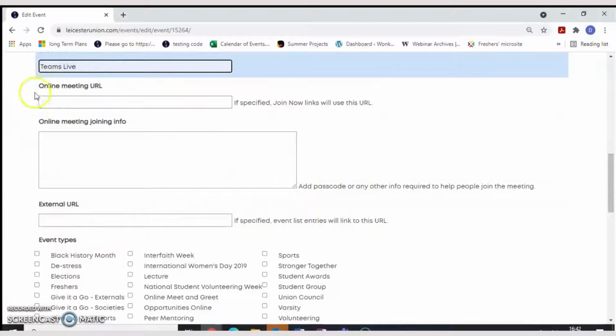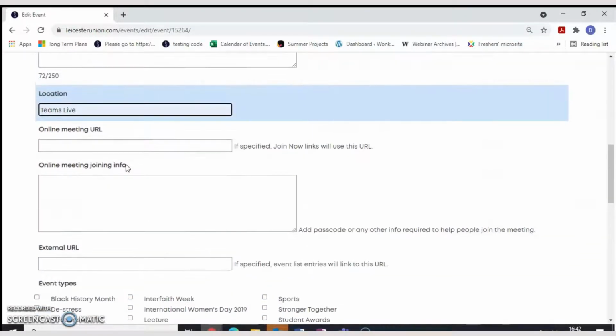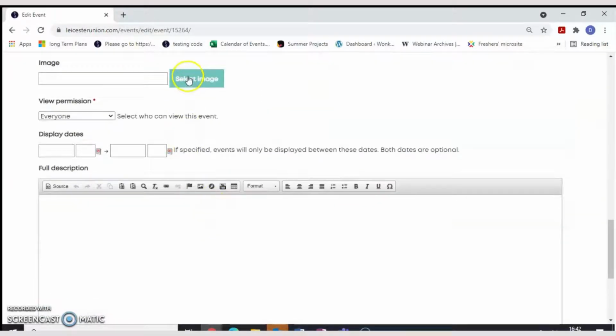You don't need to put any URL in any of the boxes or information on how students can join the meeting, because this is a meeting where representatives and staff are members too. Students are not members of the committee, but if they really want to, they can approach the meeting secretary or the chair and ask to be in attendance. If you are organizing a different event, let's say a social event between yourself and your peers, taking place online or physically, you can add that information there.